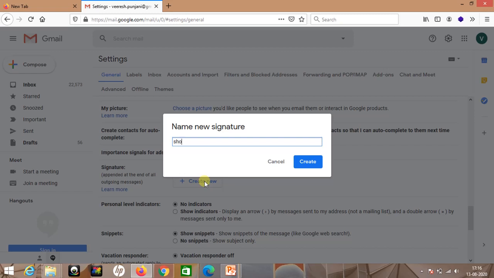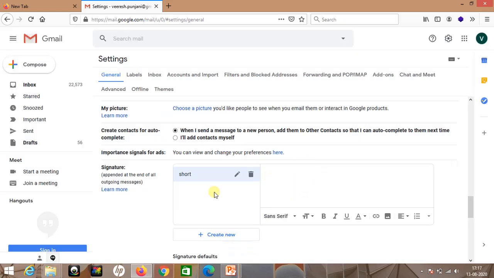So I have given the name short. The name of the signature is short. I have taken and created it, and in this signature I will write whatever I want to write at the bottom of the email.